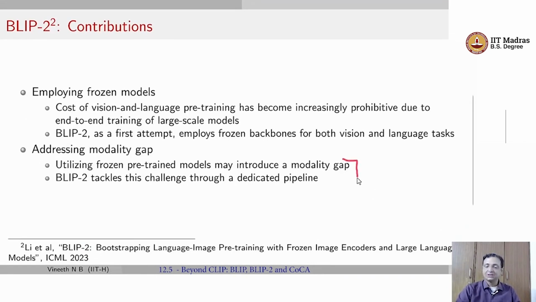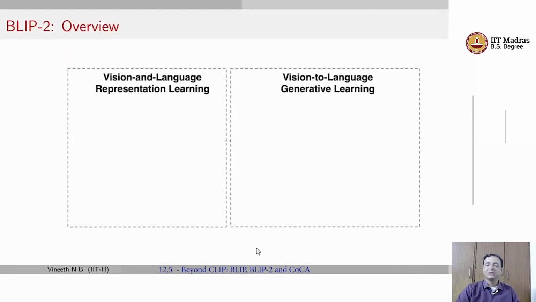Whenever someone uses frozen backbone models, it obviously may introduce a modality gap, because you're not fine-tuning a ViT, a vision encoder, or a text encoder to align the embeddings. You're not fine-tuning them, you're freezing them. Right? So BLIP-2 introduces an idea to overcome this issue while not explicitly needing to refine the backbone image or text models. How do they go about this?